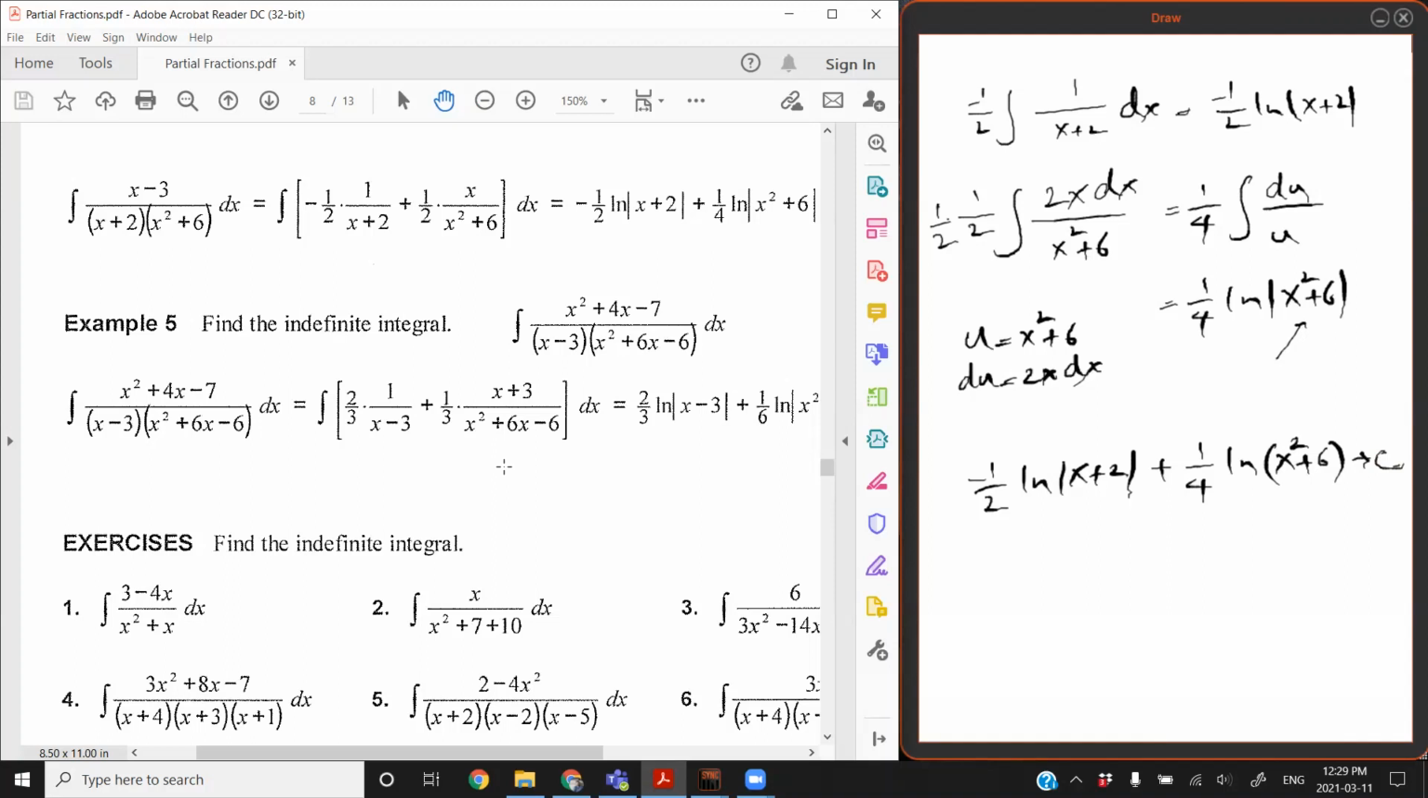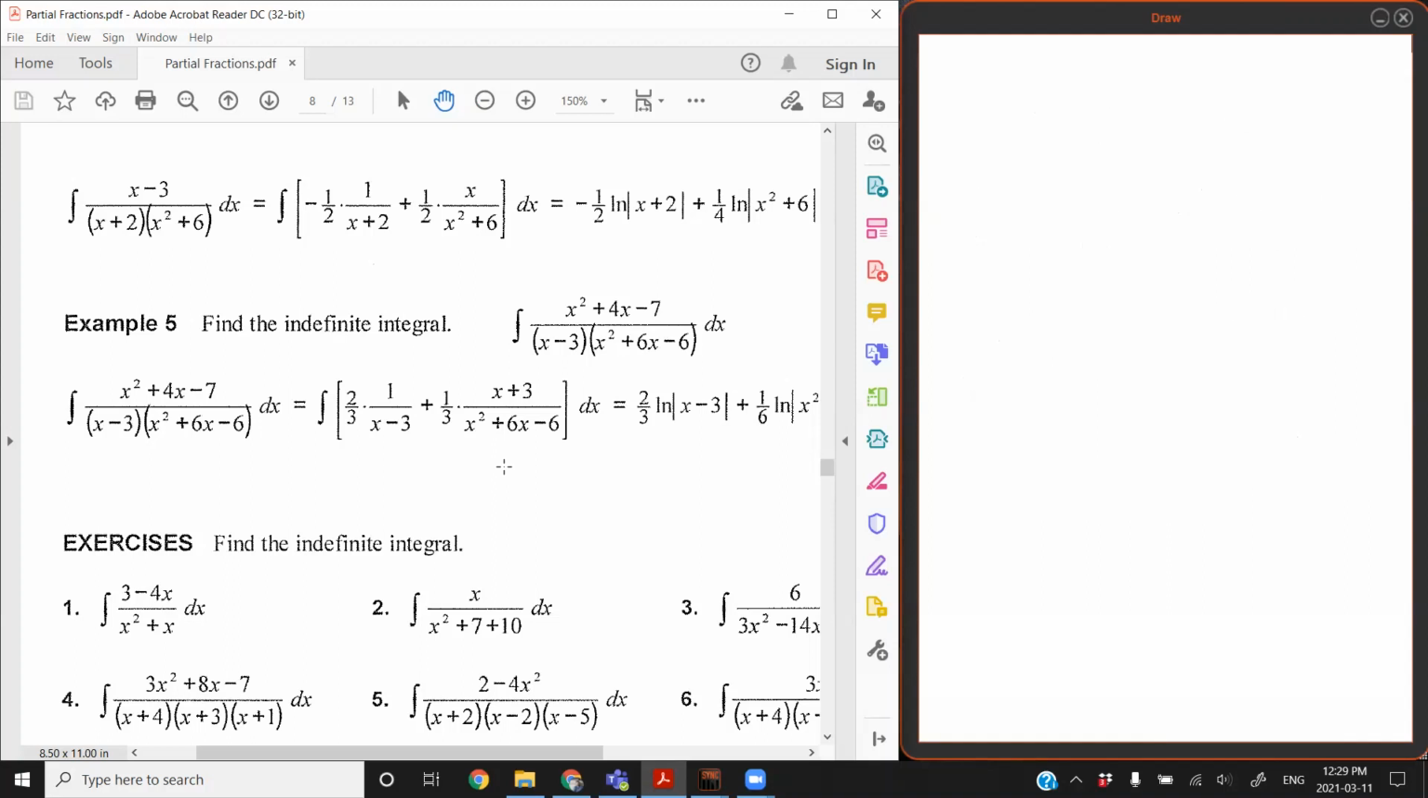Okay, then let's do the last example. Integral of x squared plus 4x minus 7 over x minus 3 times x squared plus 6x minus 6 dx. It's not obvious that this is case 3. Yes, I know it's case 3 because I'm looking at this, but it's not obvious just by looking at this